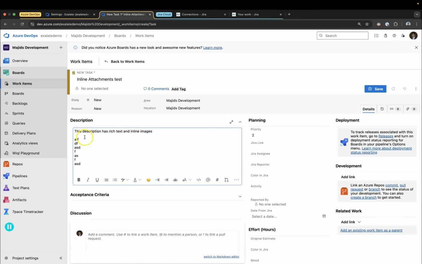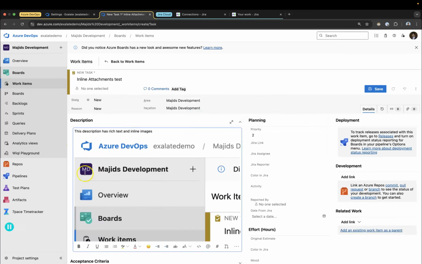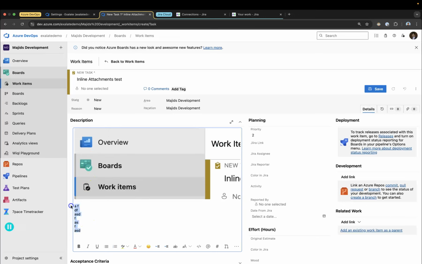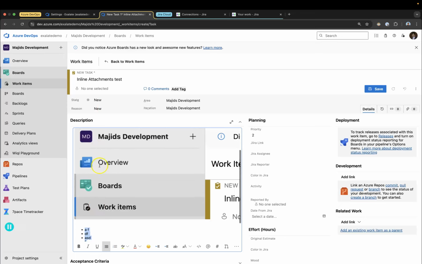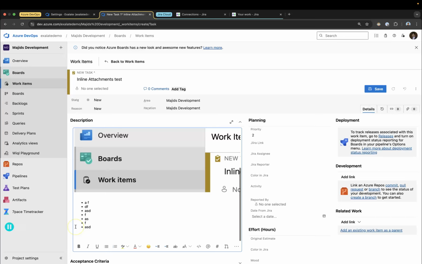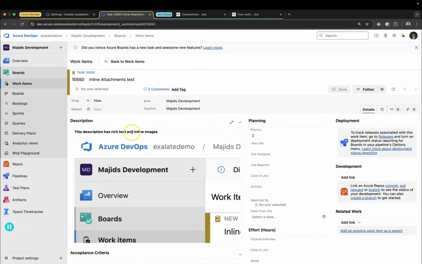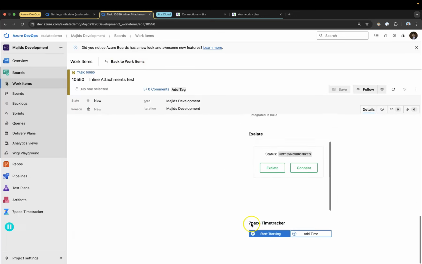Let's deal with gibberish, and let's put an inline image somewhere here. So, okay, we'll put the image here and we'll make this a little bit formatted somehow. Okay, bullet points would have to do, and this could become a heading perhaps, or something else. Okay, just bold. Alright, so I have my work item created with some rich text and an inline image in